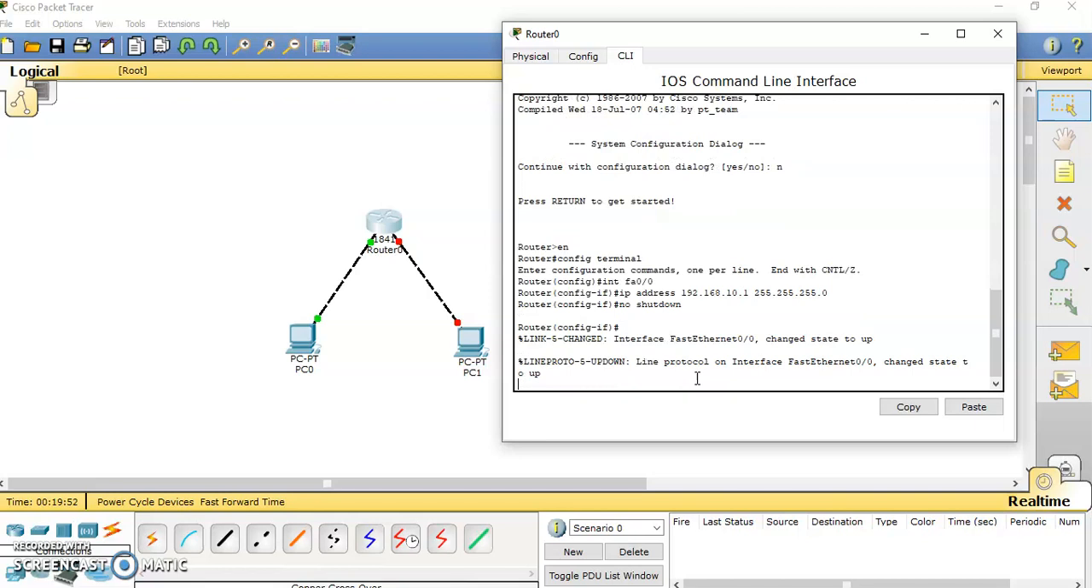Okay, so as you can see, upon entering the no shutdown command, you observe that the red dot here was actually turned into green. So that means the device is ready to communicate. Now we're going to do the same procedure for FastEthernet 0/1, which is the connection for the